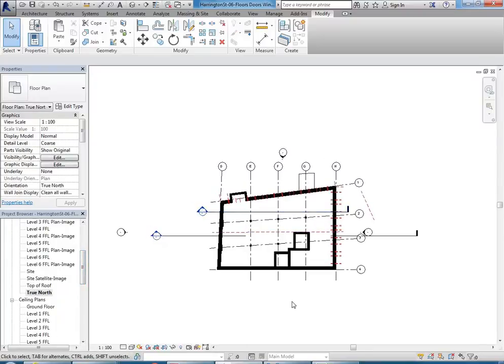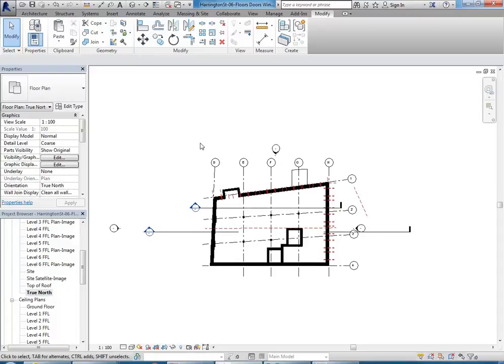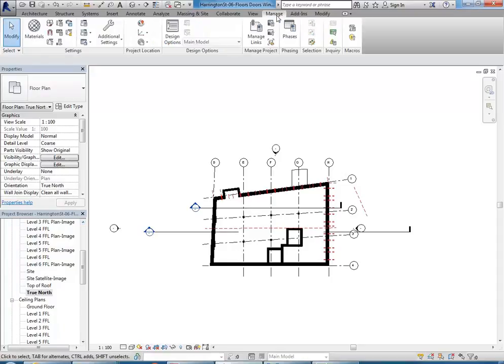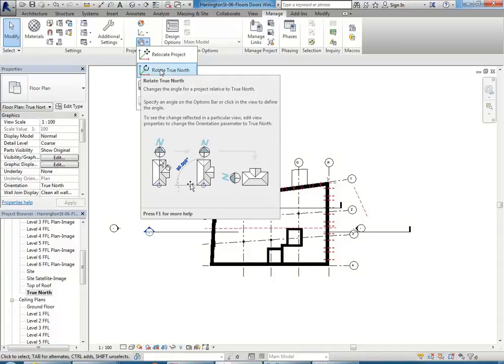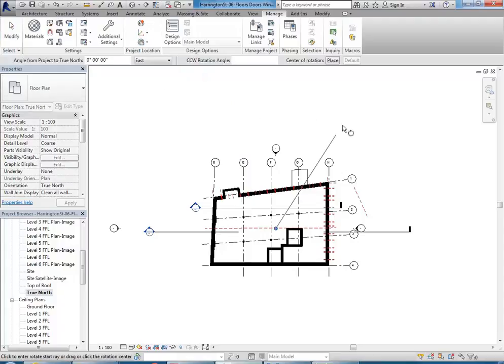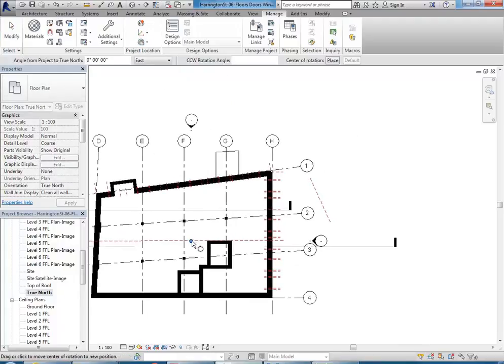So, okay, now the final thing is to change true north in the true north view. So this is a bit tricky if you haven't done it before. You go to the option under the Manage tab in Project Location. The bottom panel there has the option to rotate true north. So it might take you a couple of goes at first just to get used to the way it works. So once you've chosen rotate true north, the way you do it is drag the base point onto the end of the marker that locates your north direction,